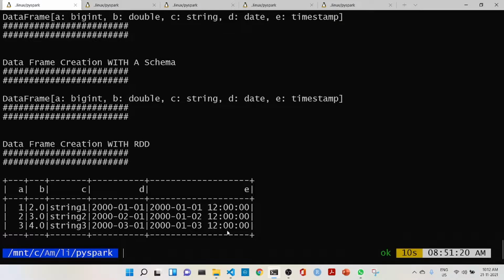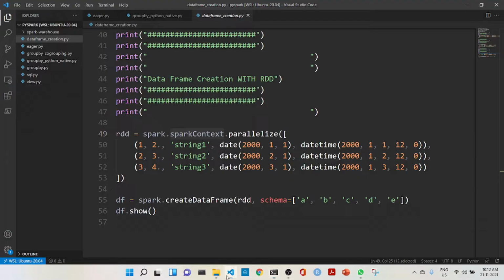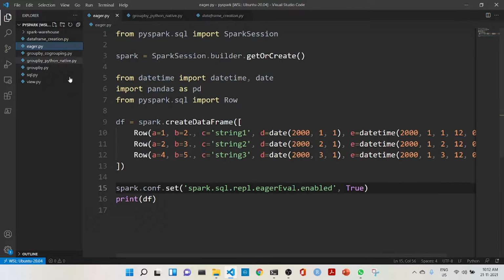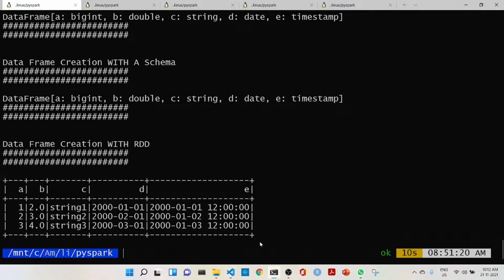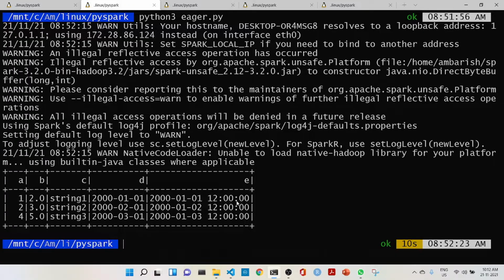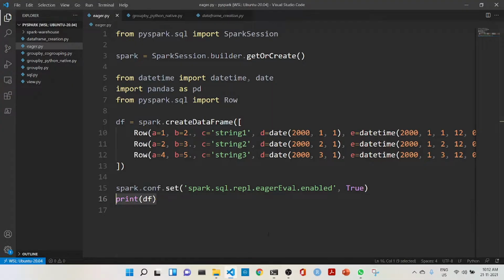So let's jump into another one, which is the eager evaluation. So here it is the same data frame, and here if we make eager enabled as true, we can get the whole thing, that is the data frame. So if I go here and if I run, we get the whole thing. But if I just run the eager.py and I make it false,